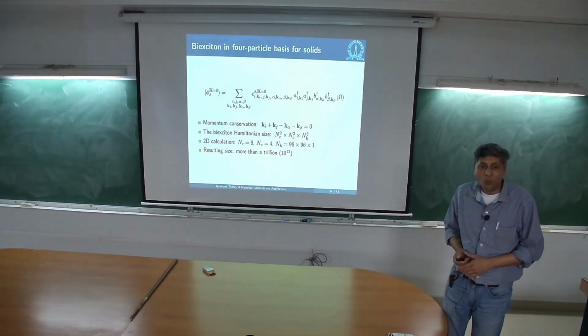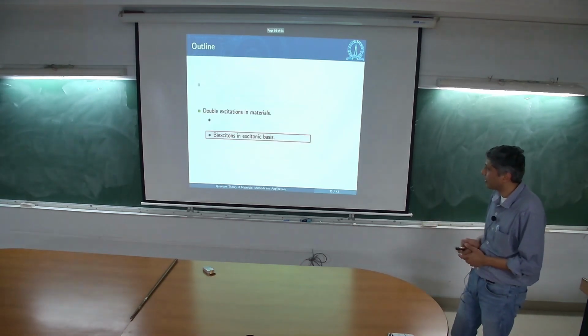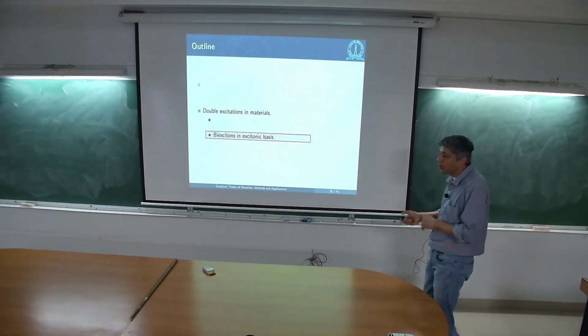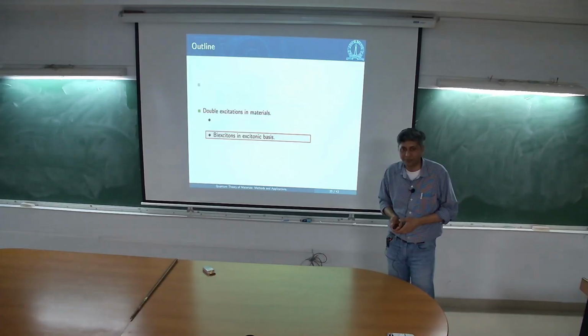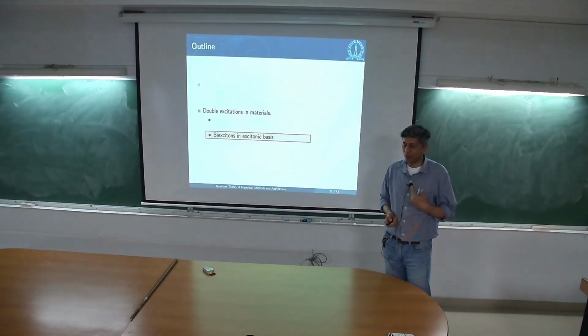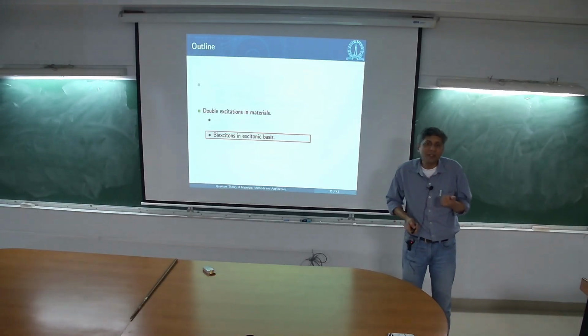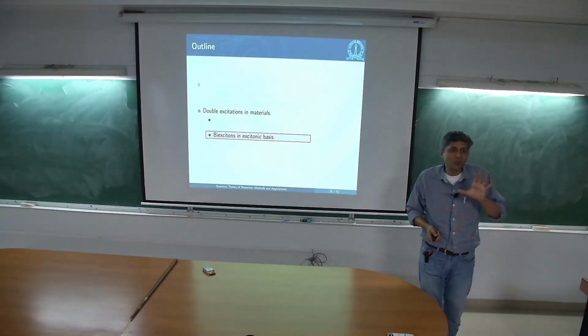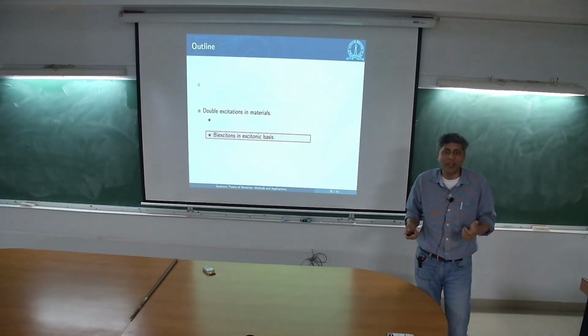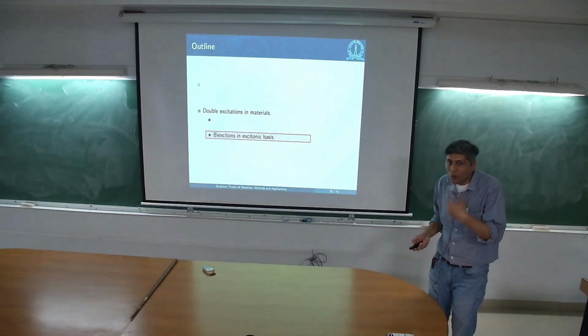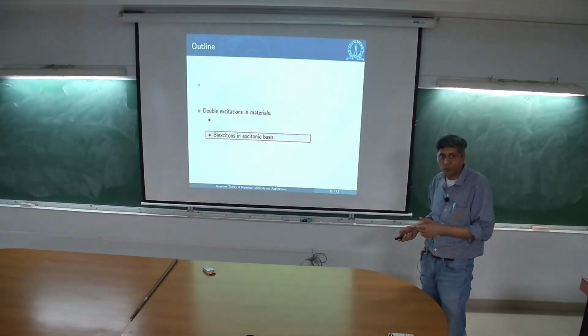So what should we do? What we thought about is, we call these things biexcitons, right? In the way that I was describing these, we really were talking about 4 particles. We didn't use the fact that these were excitons. So now what we are going to try and do is actually use the fact that we have a biexciton.